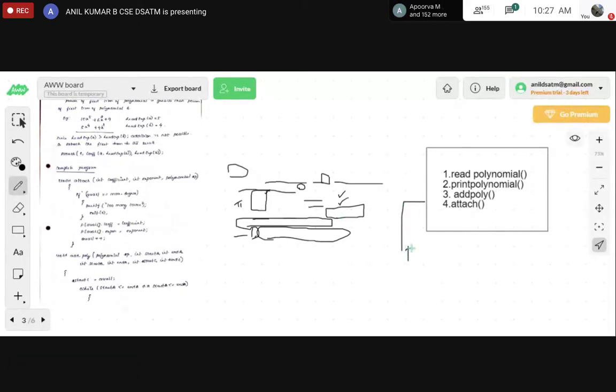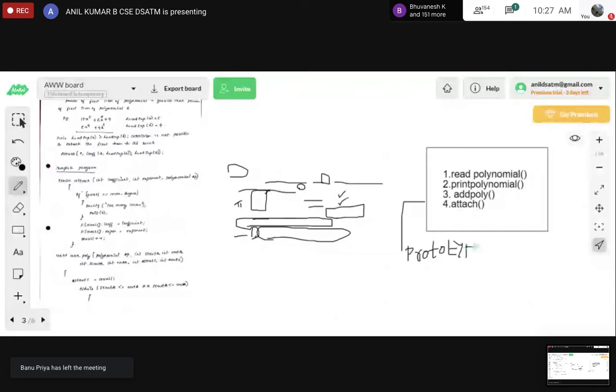Write the prototype for these four functions. Those who write those prototypes only will get the attendance, or else I will mark absent for you people. So that is a strict question today. So try to attempt it. Don't worry, if it is wrong also, no problem. I will not beat or scold you people. Try and attempt.